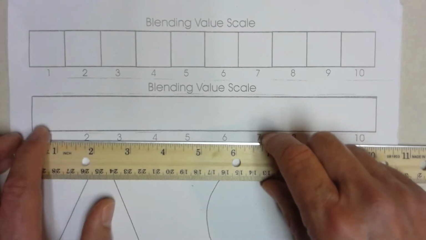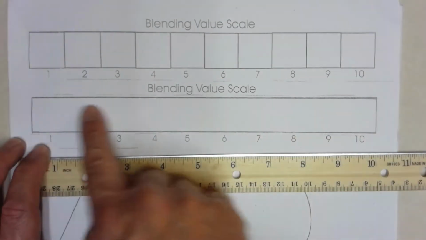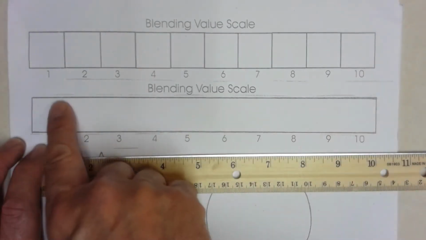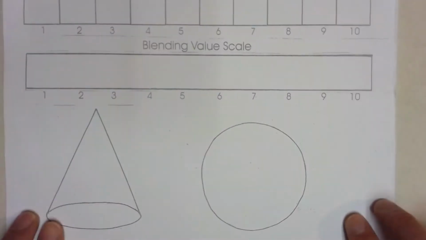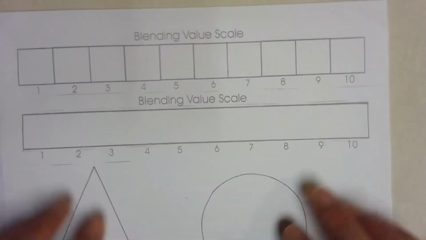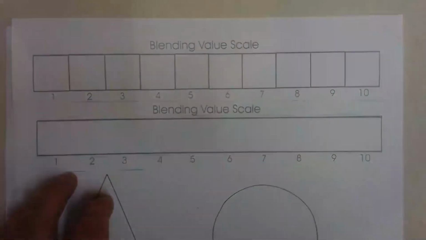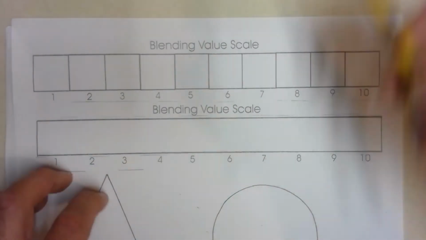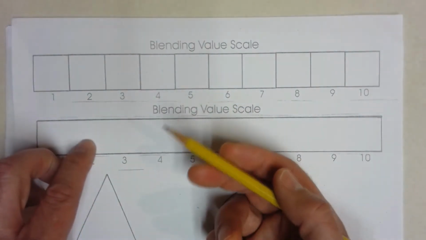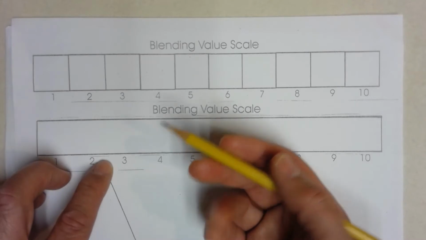And then you'll also be doing the same thing here, but without the lines. Here we're going to try to create transitions and gradations between the values. And then we'll talk possibly in a different video about what we're going to try to do down here with blending. Blending, primarily what makes blending is that you are pushing into the lead, into the pencil, with an object